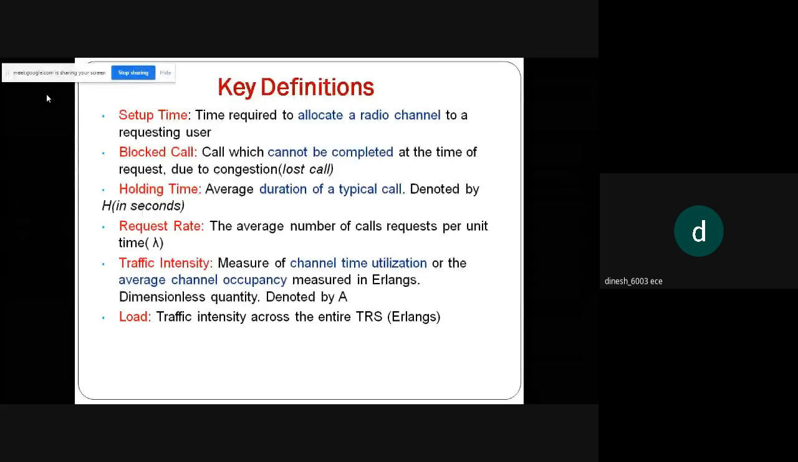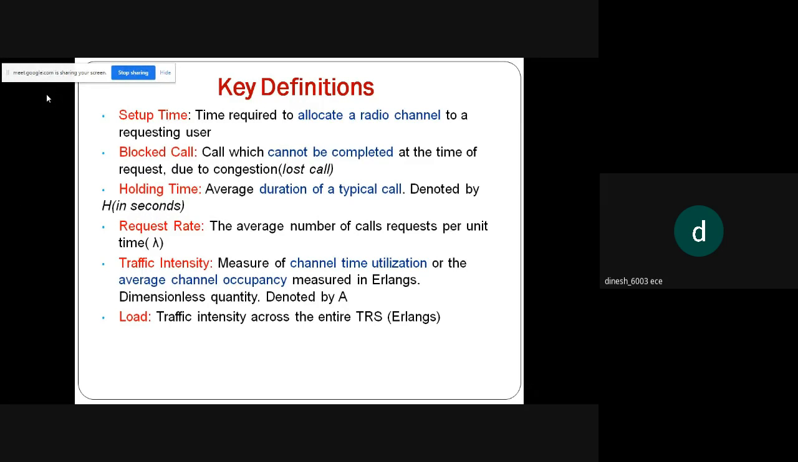Next is the traffic intensity. The measure of channel time utilization or the average channel occupancy measured in Erlangs, denoted by A, is called traffic intensity. I'll show you this traffic intensity, how to manipulate it. Okay, load is that